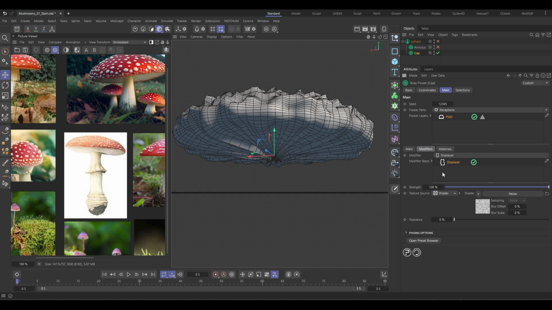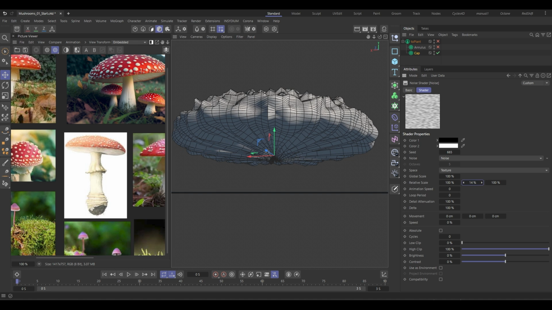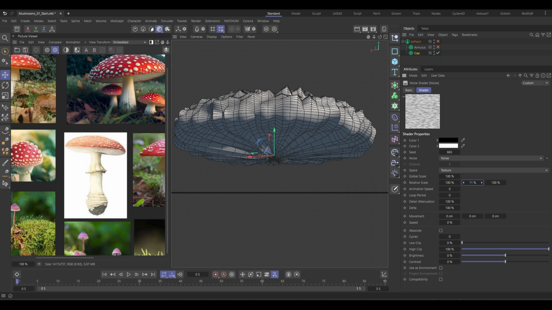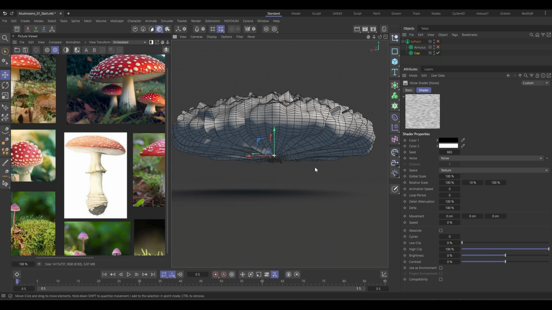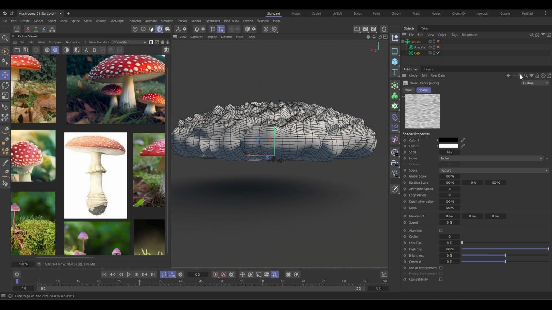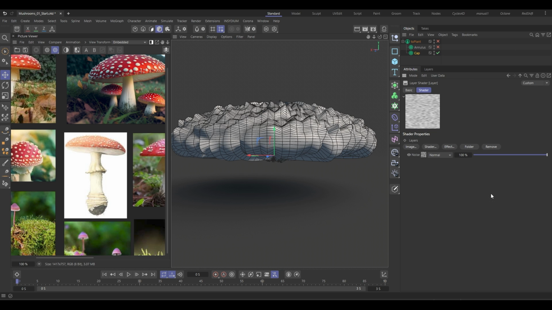Let's go back to our modifiers. Just adjust that. Let's put it to 10. Nice round number, and that's going to be our gills, and you can adjust the contrast as well if you want a bit more, but we'll leave it as it is. And now what we want to do is mask out the top. So we'll go back up, and with the shader we're going to enable a layer shader. Go in here, and we need a gradient,